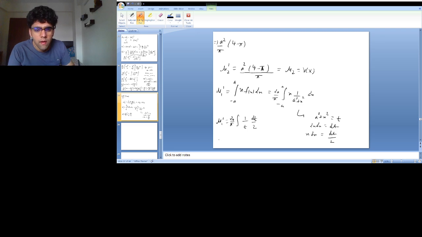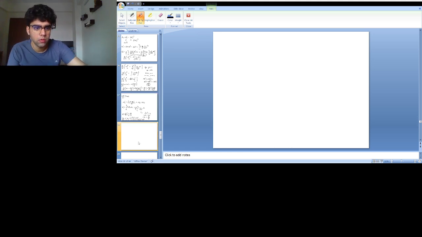Now when x goes to a, t, which is x square plus a square, becomes 2a square. So a square plus a square becomes 2a square. When x goes to minus a, t, which is equal to x square plus a square, becomes minus a whole square plus a square, which is equal to 2a square again. So my upper limit and my lower limit are equal, which means